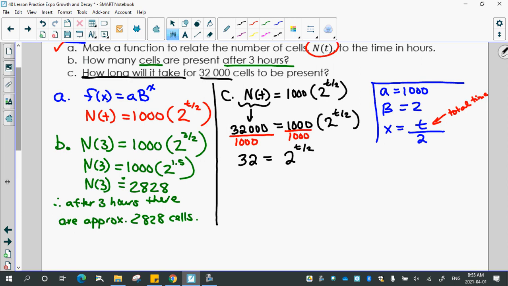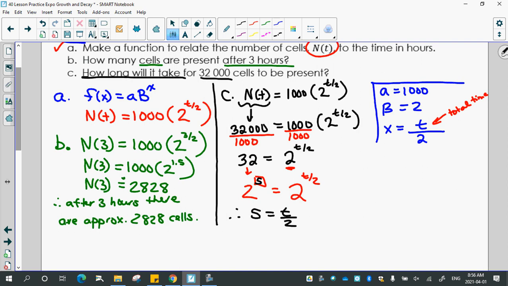Which means I have an exponential equation to solve. Which means I need the same base on both sides. So I've got a base of 2 on this side. I have to rewrite 32 as 2 to the something in order to solve it. Need to have the same base on both sides. Yeah, so sometimes we're lucky and 32 is exactly, I don't need an approximate sign there. 32 is exactly 2 to the power of 5. Okay? So now that I have the same bases on both sides, therefore 5 is equal to t over 2,